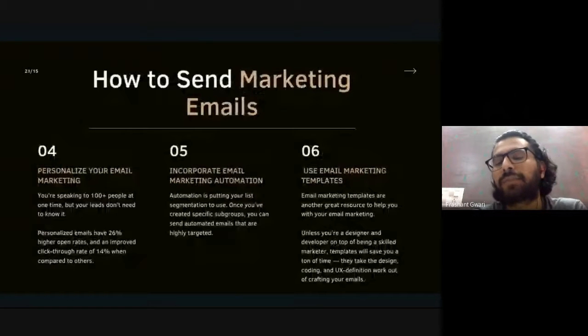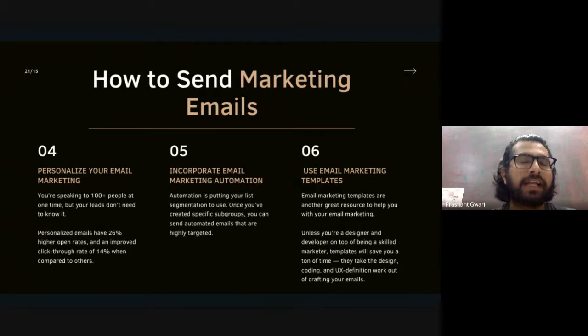Now let's come to the next 3 parts of email marketing. Personalize your email marketing. What does personalization mean? Personalization means using their personal information when you are sending them an email. We are sending 1 lakh emails, or maybe 10,000 or 20,000 emails, with just one click, and we are using the same template for all of those.